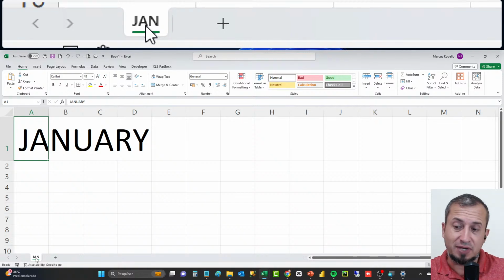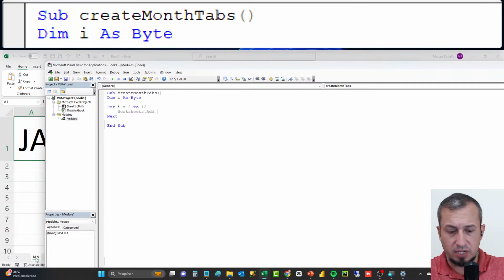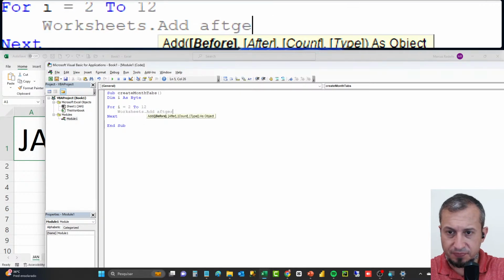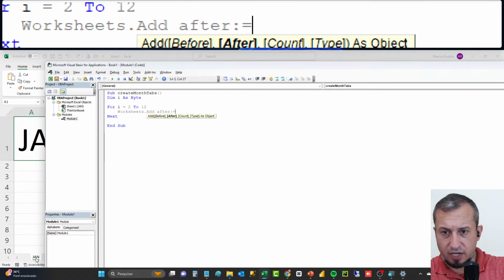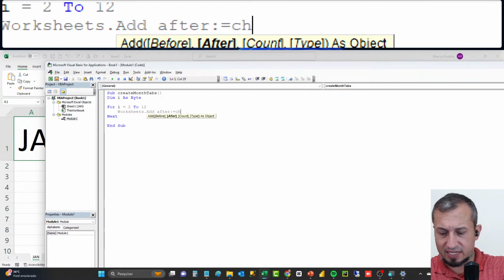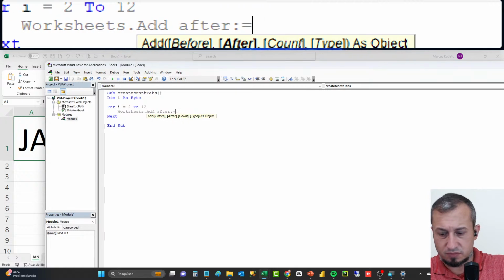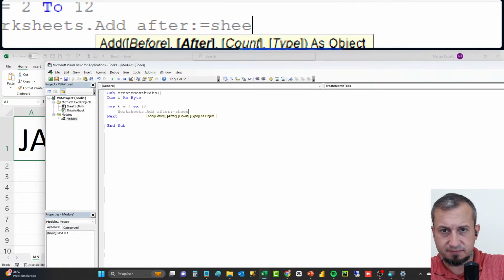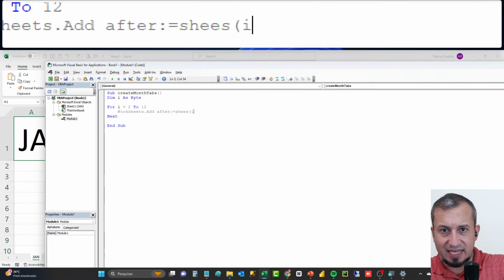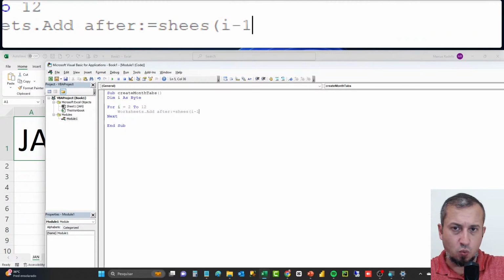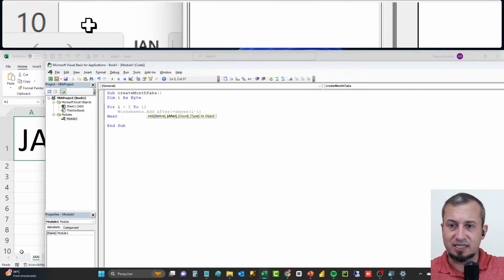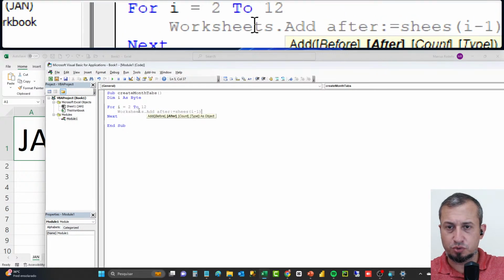And I want to add it after January. That's what I'm doing here. So it's After equals Sheets(i minus 1),